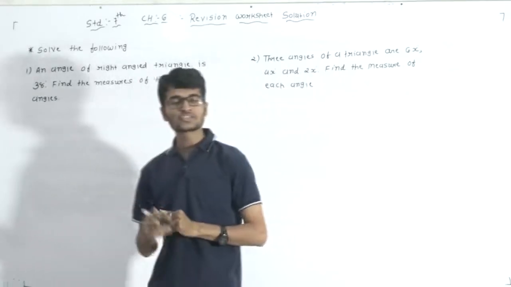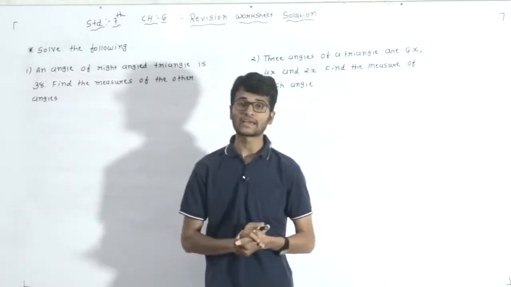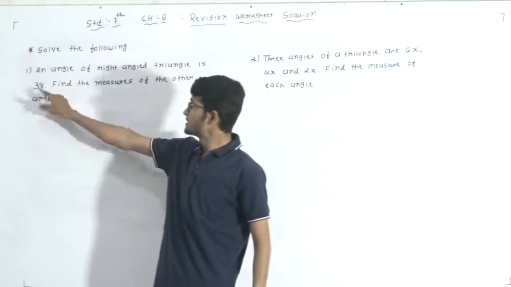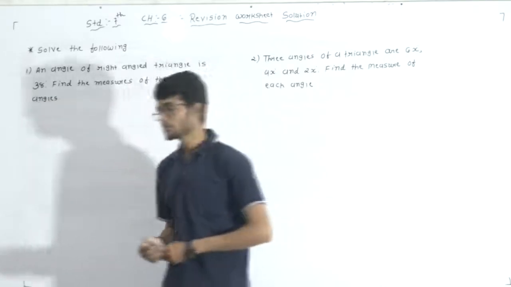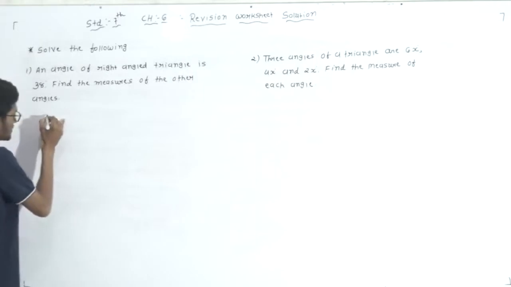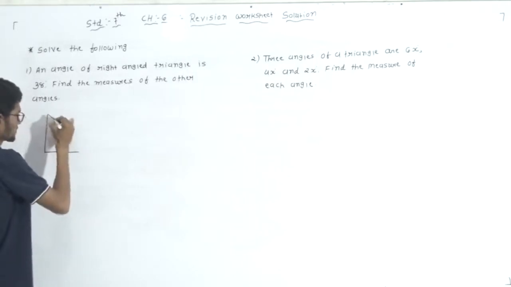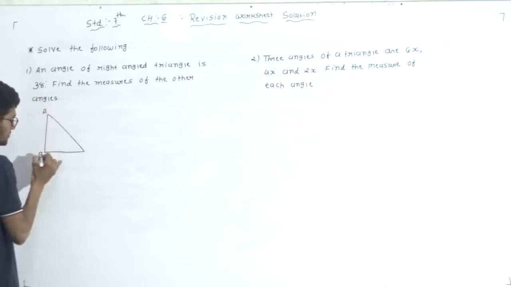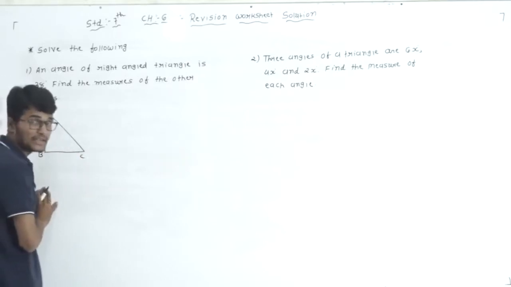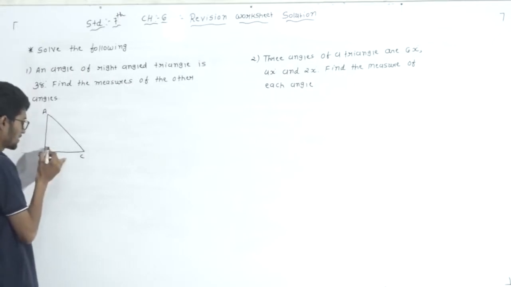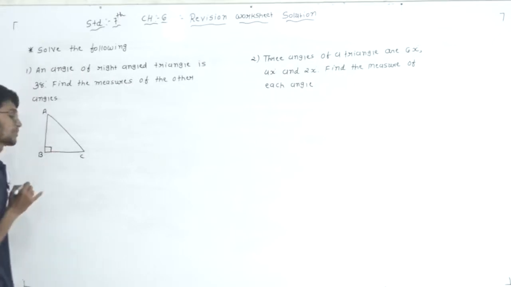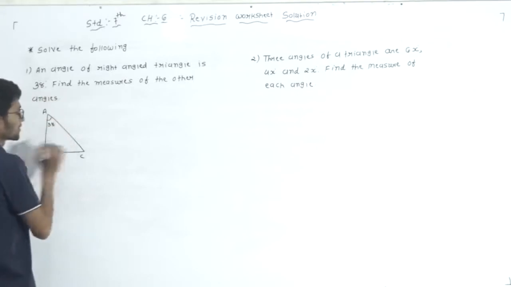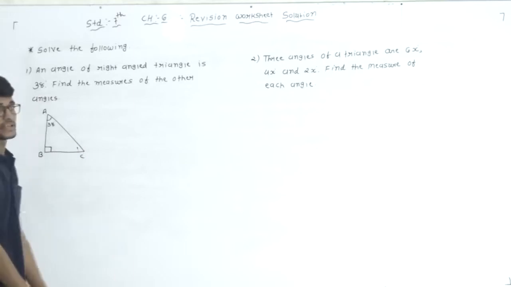It means, dear students, in this question we are given one triangle, and this triangle is a right angle triangle. One angle is given, 38. Find the other angle. So see, this one is our right angle triangle, suppose A, B and C. In a right angle triangle one angle is always 90 degrees, we all know. The second angle given is 38 degrees. Find the other angle, it means we have to find this angle.